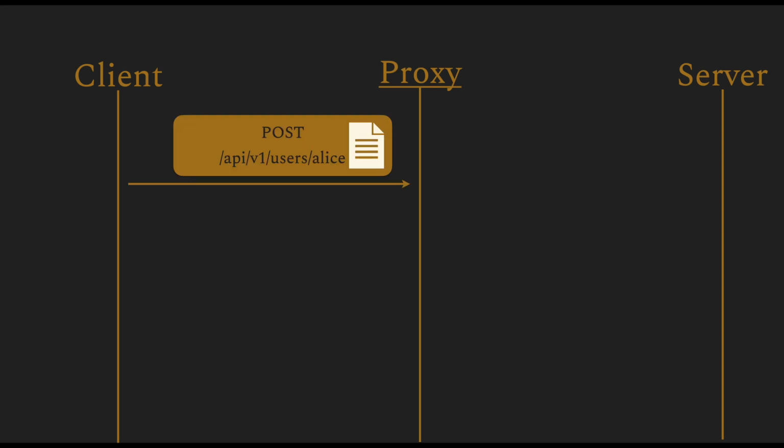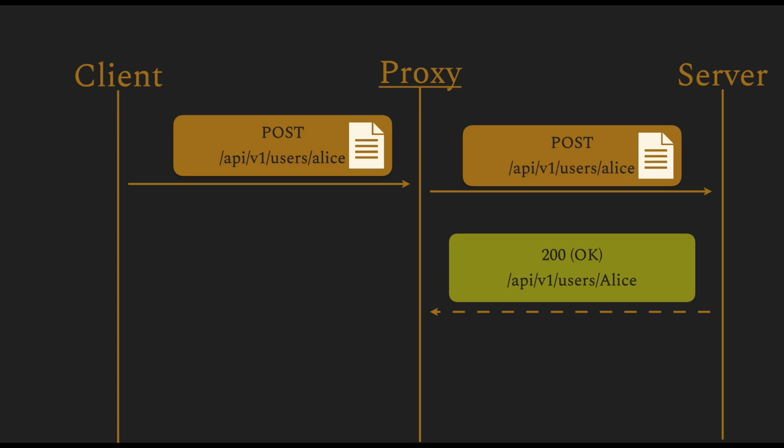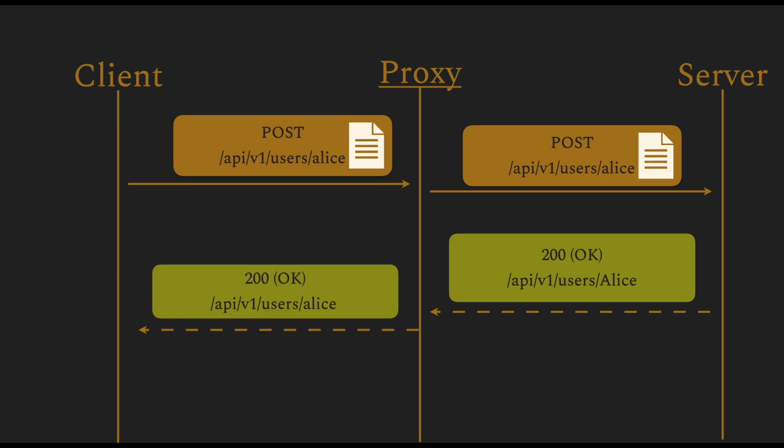If the client makes a POST request through the proxy to the origin server and the origin server accepts this request via a 2xx or 200 in this case, this means that the original resource was somehow modified because it's a POST request. So the proxy marks this value as invalid in the cache, and the first subsequent GET request will not be served using the cached value, but the proxy will contact the server to fetch the updated value.